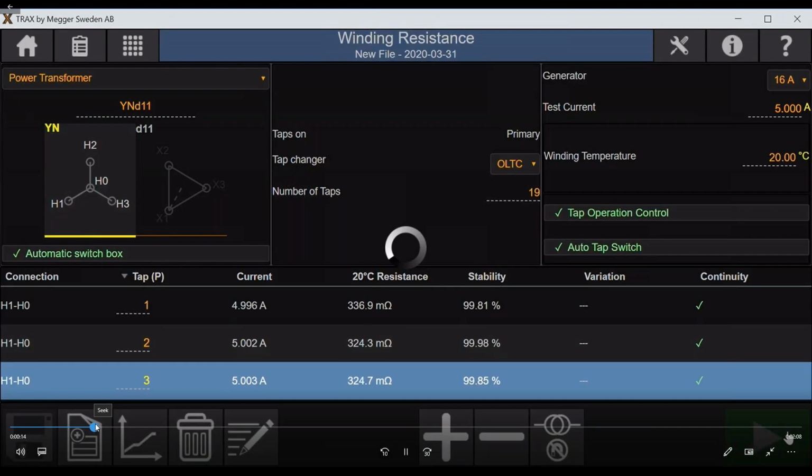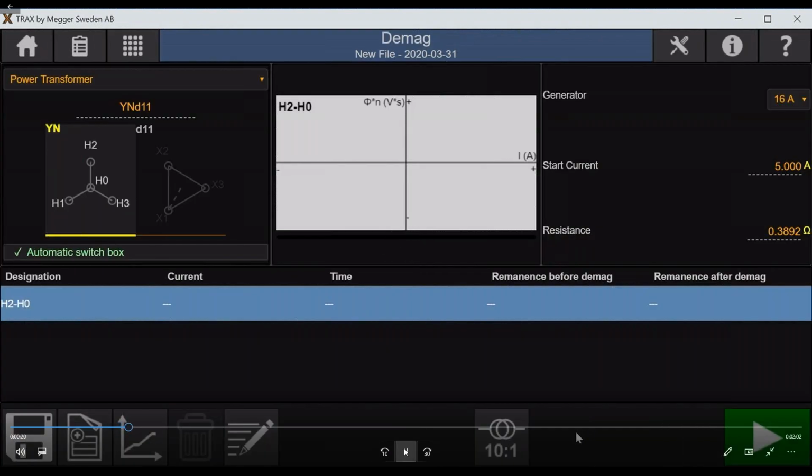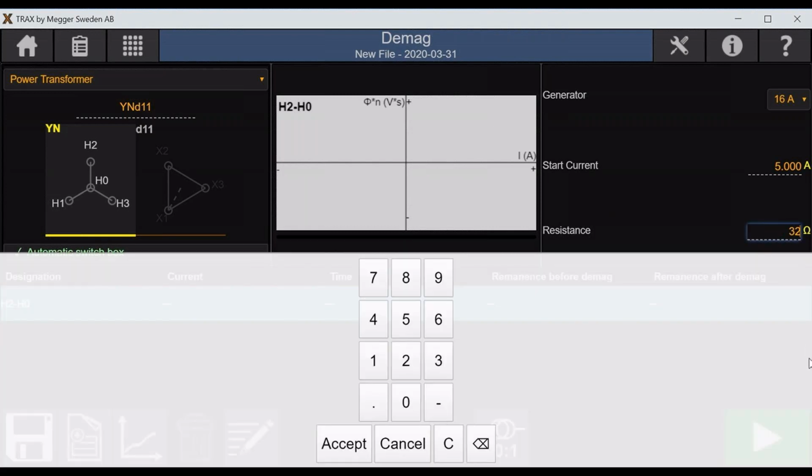Now that you have the information, and you can see clearly here, you have the information of your transformer, you have the results from your winding resistance test. You can move into the demagnetization screen, and you can select, of course, that you are working from the high voltage side. That is our default condition. We're not working from the low voltage side. We go on the high voltage side, and we use the same current that was used for the winding resistance test. Meaning, if you applied, say, 5 amps to magnetize the core, you need the same 5 amps to demagnetize